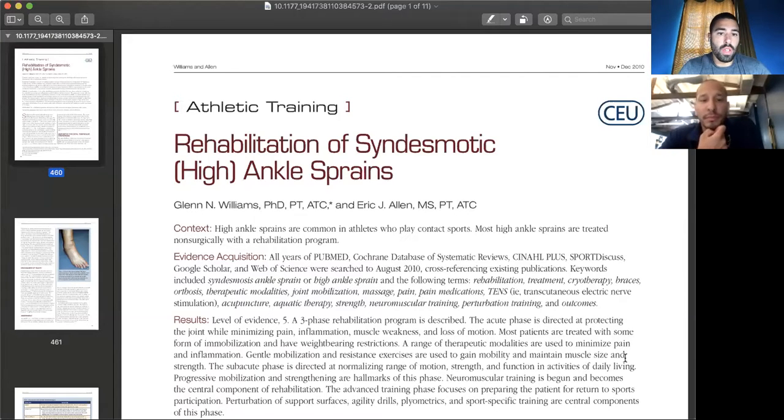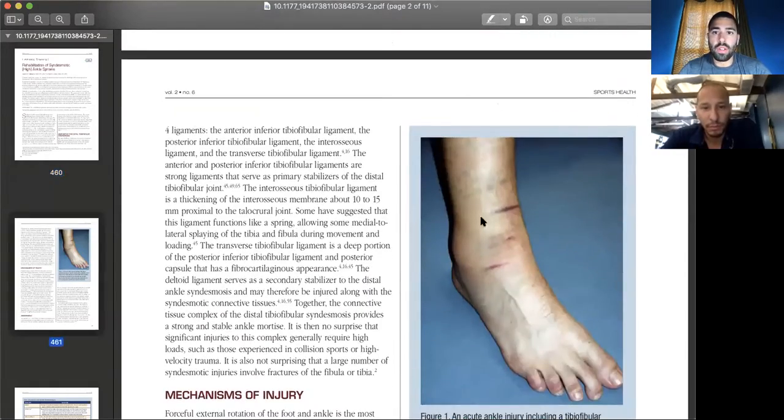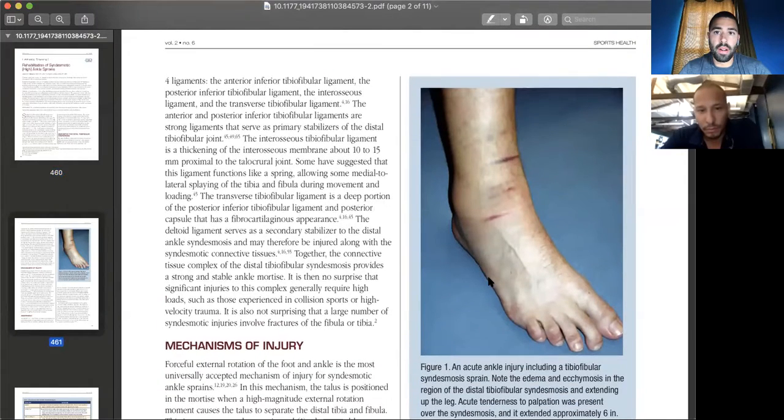So really just a good basic outline. If you're not familiar with this type of diagnosis, it's a really good outline of what to look for, both the examination and, in a basic way, how to highlight the phases from acute to subacute to chronic. If you go through it, they show the potential clinical pattern. Something that I saw initially with one of my clients, again, was more that we expect swelling and